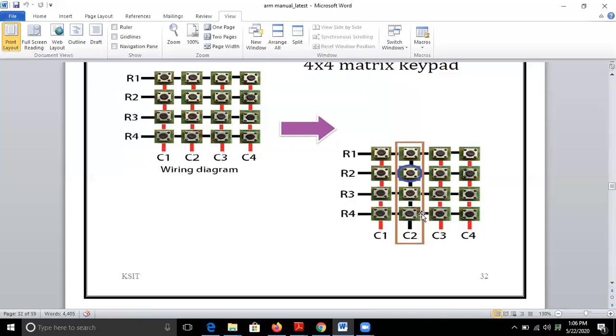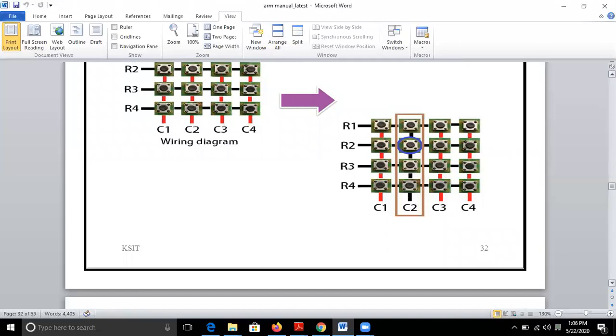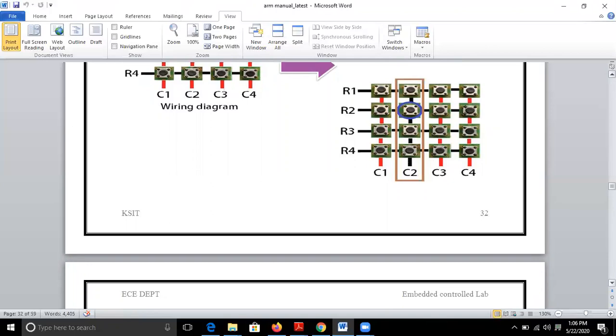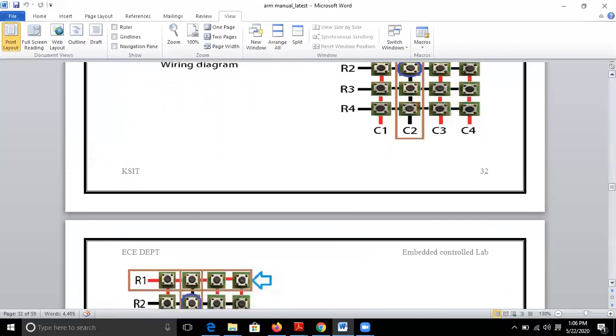Now, at this stage, we have identified which column the key belongs to. So in this example, the column C2 contains the key which is pressed. Now it is our duty to find out which row this key belongs to. Is it belonging to row R1, R2, R3 or R4?